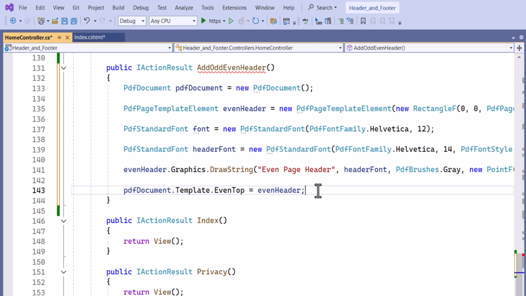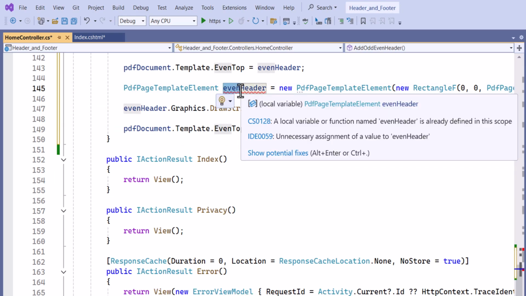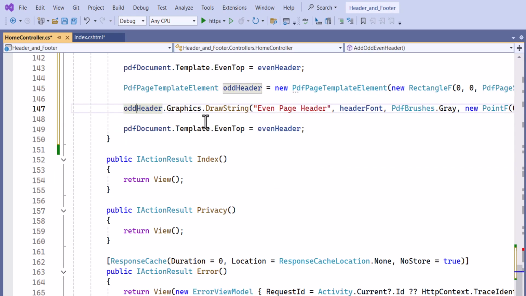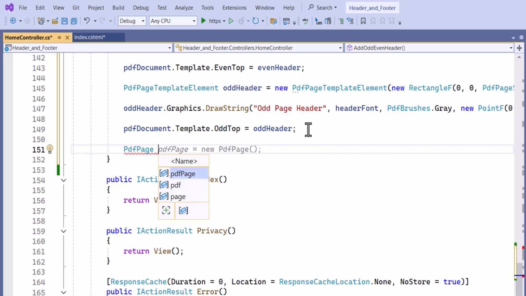I do the same with slight modifications for odd pages. Renaming the PdfPageTemplateElement, updating the header text, and assigning it to PdfDocument.Template.OddTop. Next, I add a page to the document